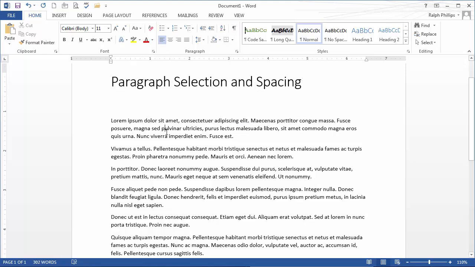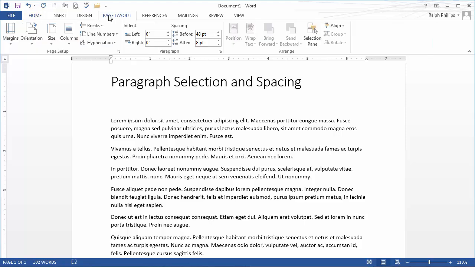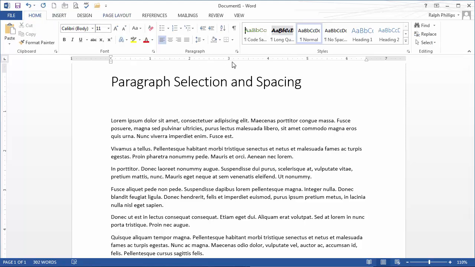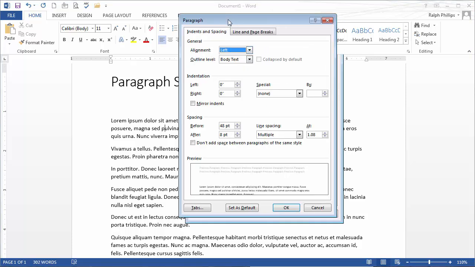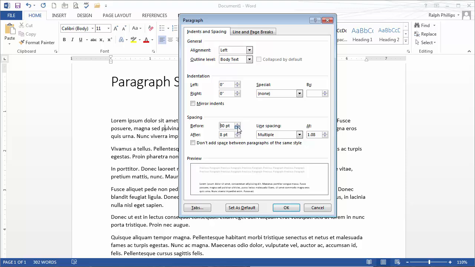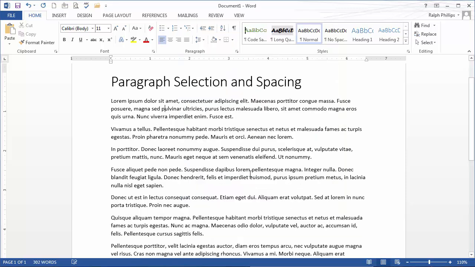The other technique, very, very similar, is from the home ribbon. So instead of the page layout ribbon, from the home ribbon, I can go to my paragraph dialog box, and there's an option in here for before paragraph spacing to affect that. Now I'm only affecting one paragraph because my insertion point is only active within one paragraph. If I want to affect all my paragraphs,